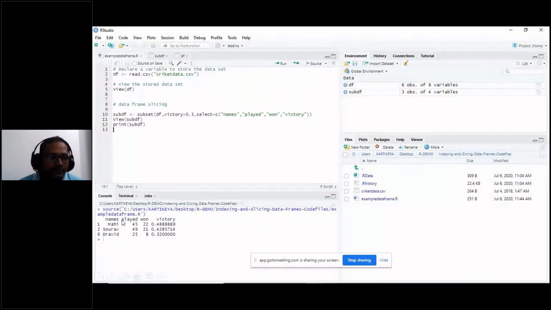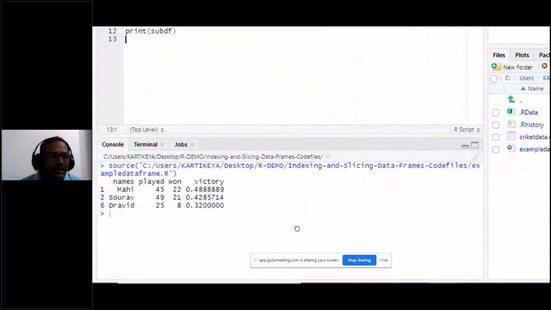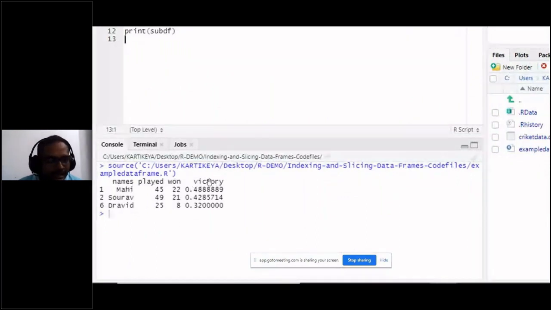So when it prints, see the answer here for this particular example. The answer is names played 1 victory. This is your header. By default it will display. Now it displayed only 4 header strings, but the last one is not displayed because I have selected only these 4, and it displayed 1 to 6 indexed rows because they satisfy the logical operation, that is victory is greater than 0.3.